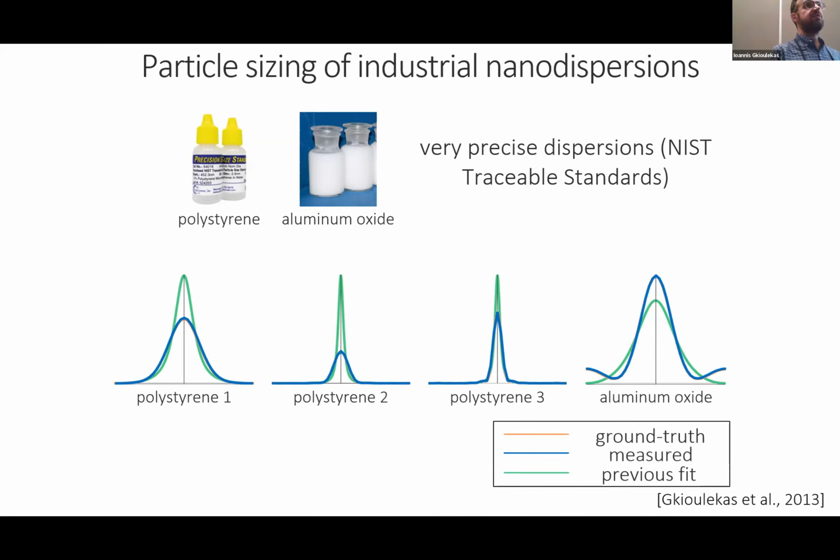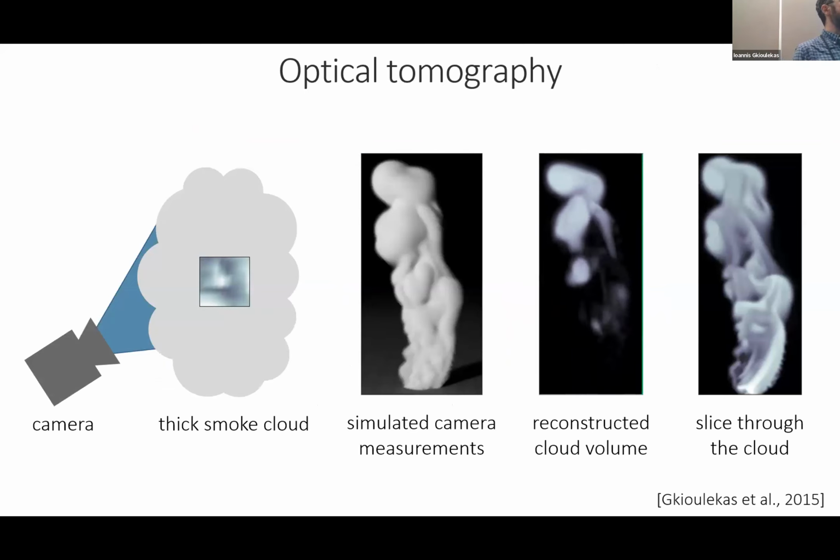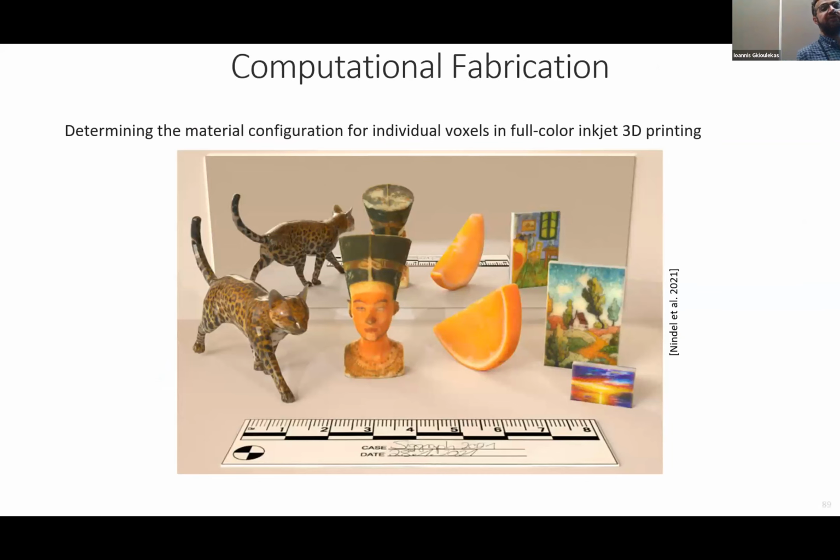Since then, scattering has been a core area of application for these differentiable rendering algorithms, exactly because it's a case where we really have to deal with global illumination. It's a case where I cannot work around it by just ignoring any light besides single scattering. So we have seen work on optical tomography. There was a lot of follow-up work on figuring out materials for 3D printing. If you're fabricating some object by depositing little amounts of different inks, you want to figure out the optimal combination of inks to use at every voxel so that your object will have a specific type of appearance. That's an inverse rendering problem that involves global illumination,